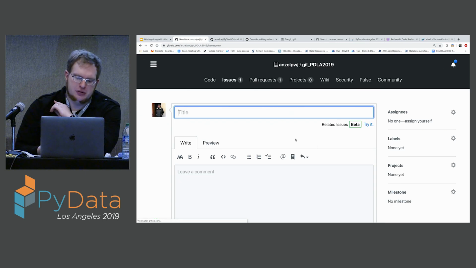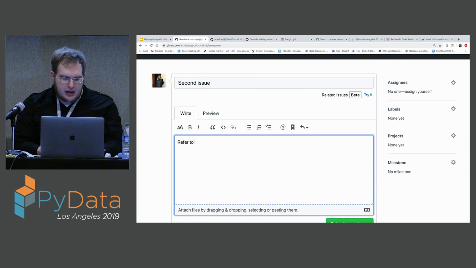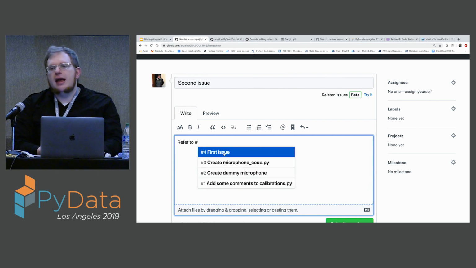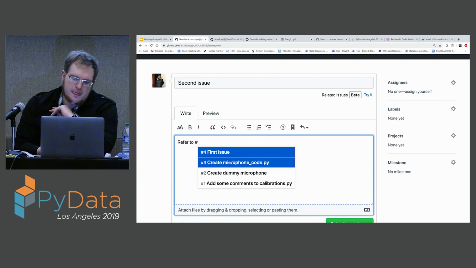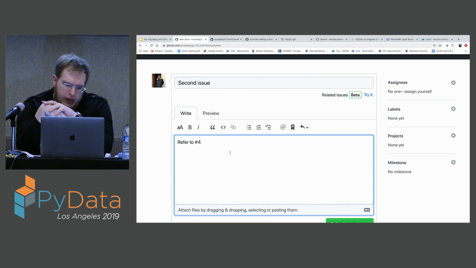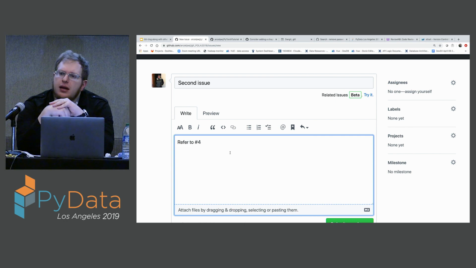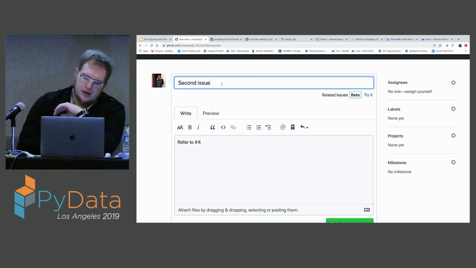And if I create a new issue, second issue, I can give a number thing here, and I can either refer to a pull request, or I can refer to another issue. So this is a really good way to be able to, especially when you're creating a pull request, you can say like, hey, we created this issue. We discussed what might be good or bad with something. This is code that's going to fix that issue. Even more,